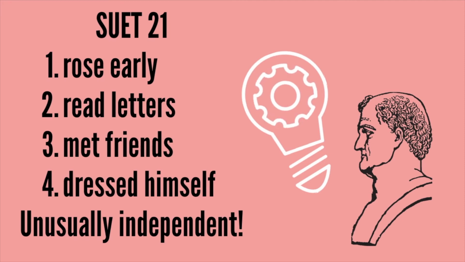And this was a huge change from previous emperors who had expected everything to be done for them. So here is Suetonius trying to give us an impression of this person who's very pragmatic and humble and does things for himself. This is a contrast to the previous emperors. So if you start by giving students a bit of an idea of who Vespasian was, the kind of man he was, through anecdotes like this, then you have a framework for all of the very wise decisions that he made, which are outlined in the curriculum.